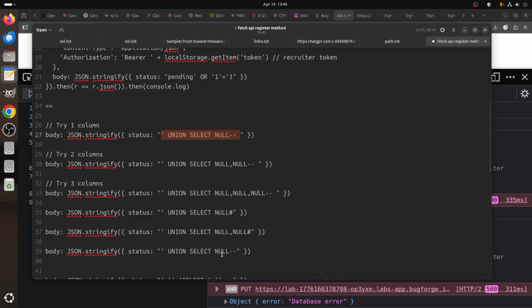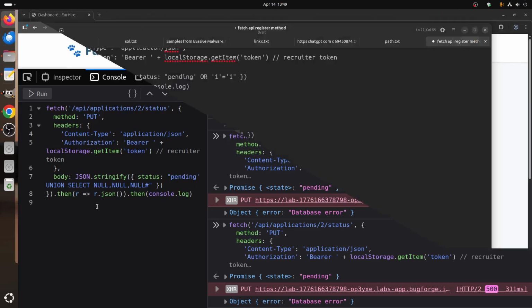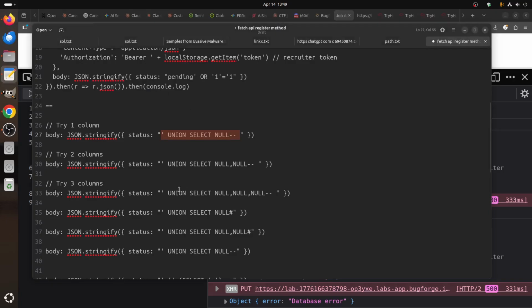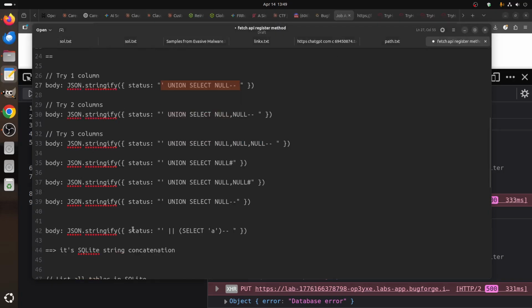I didn't try that one. Let's see if that will work. Usually you keep adding them until you find the number of columns, but for some reason in this room nothing worked, to be honest. So it always shows errors. So the question is, then we think about this trick,